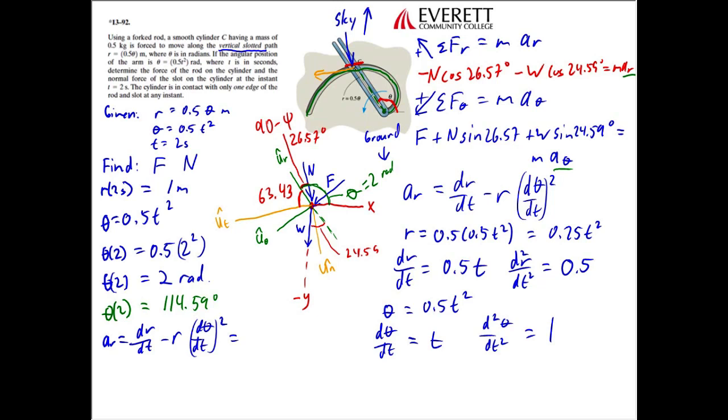Minus our r is also 1. We have that written right up here where we solved for it earlier. So 1 minus 1 times d theta dt is t, and since t is 2 at this instant, we're going to plug in 2 for that, so it's 2 squared. So we get 1 minus 4